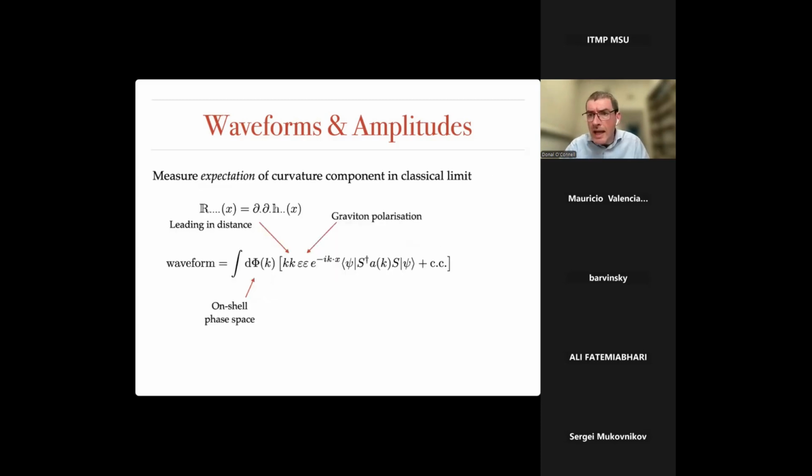Now, to go into this in a little more detail, let's take that Riemann curvature operator and write it in terms of the quantum field. Here h is the metric perturbation of the quantum field. Since I'm working to leading order in distance, we get to radically simplify the expression for the Riemann curvature. Each of these h's in its expectation value is going to have a 1 over distance factor. So the terms of the Riemann curvature which have h squared will have a 1 over distance squared, the h cubes will have 1 over distance cubed, etc. And I get to ignore all of those.